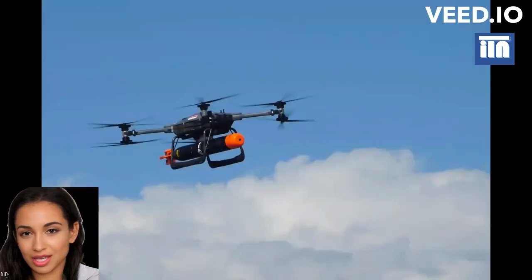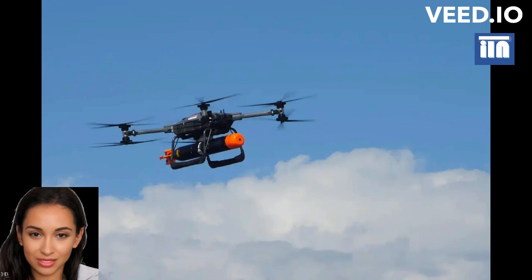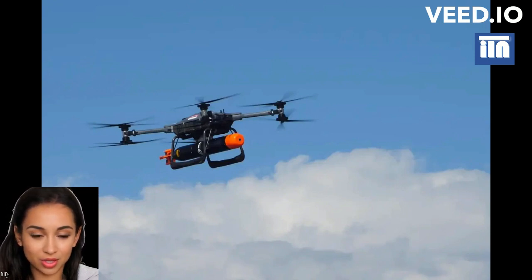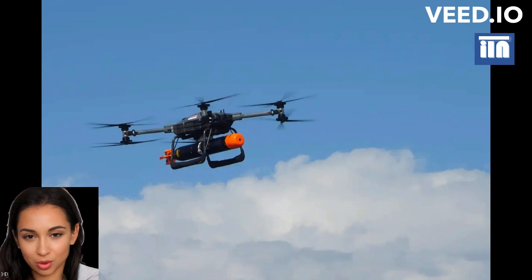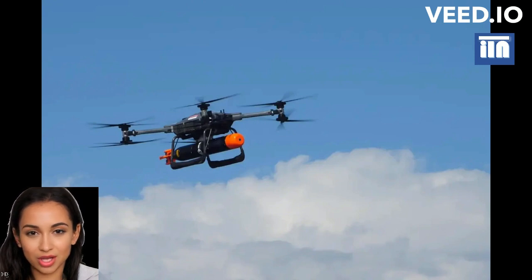BAE Systems Molloy Aeronautics T-600 Heavy Lift Uncrewed Air System was launched an inert Stingray training torpedo. The T-600 is an electric-powered demonstrator craft that is easily broken down for transport, has a payload of 200 kilograms, 441 pounds, top speed of 140 kilometers per hour, 87 miles per hour, and a range of 80 kilometers, 50 miles. This was the first time such a weapon had been deployed by a modern drone platform as part of